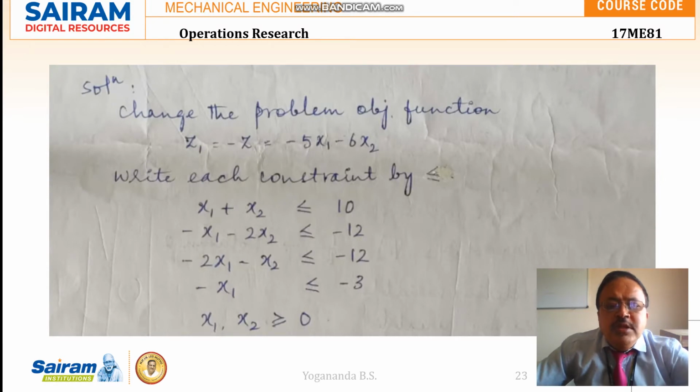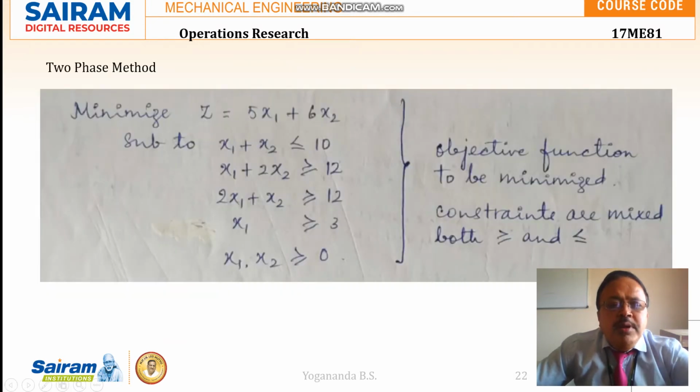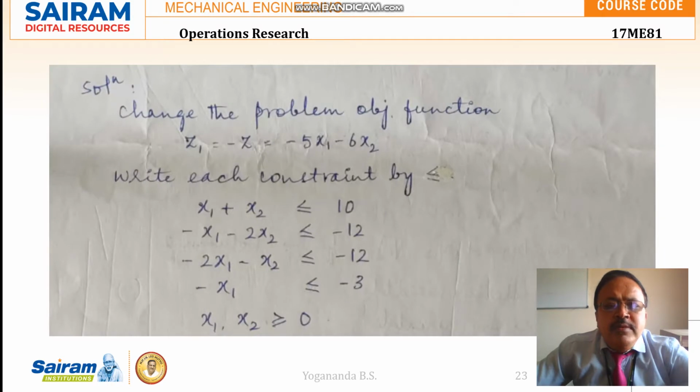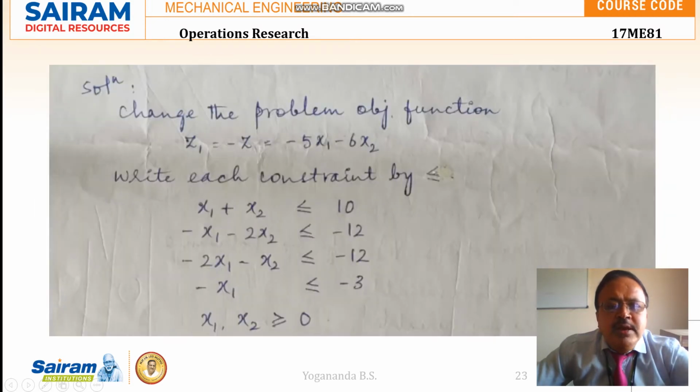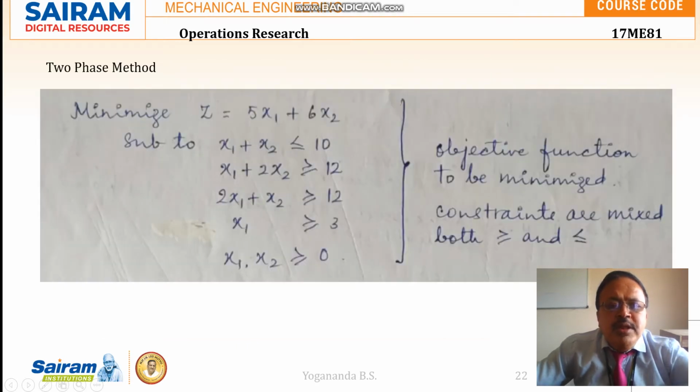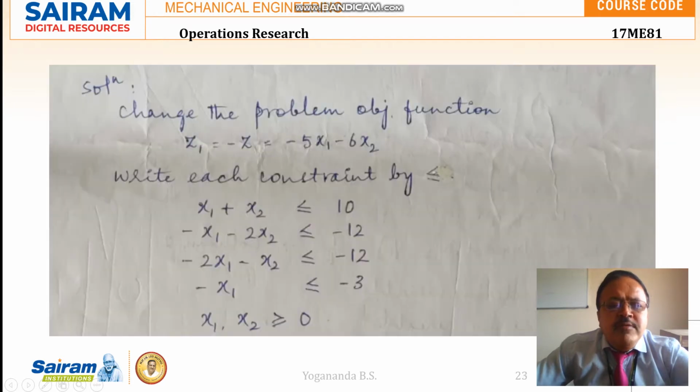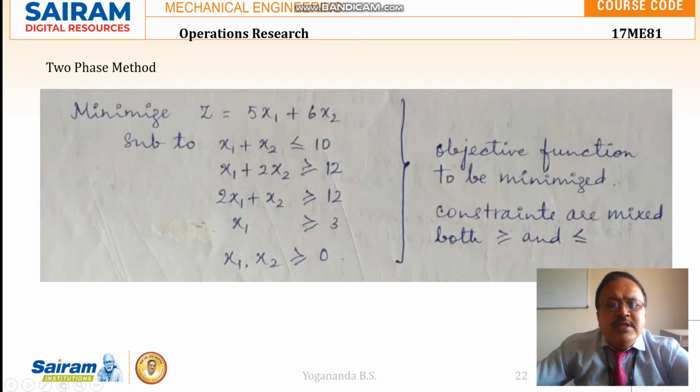We have mixed constraints, both less than or equal to and greater than or equal to. So change the objective function of the problem, because initially it is given as minimize. First we will make it maximize and then we'll convert back to the minimization problem. The objective function is now changed to z1, multiplying by minus, so it becomes minus z, that is equal to minus 5x1 minus 6x2. So the minimize problem is converted to maximize z1, the negative of this z.